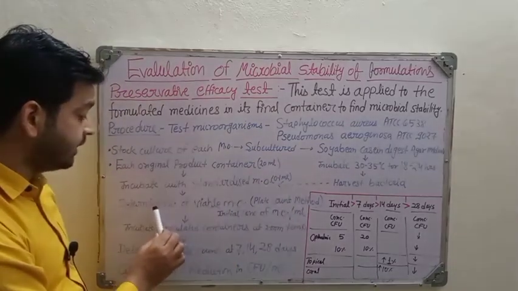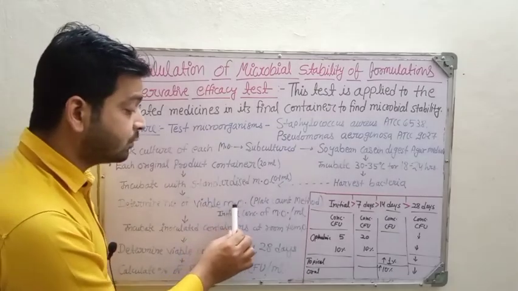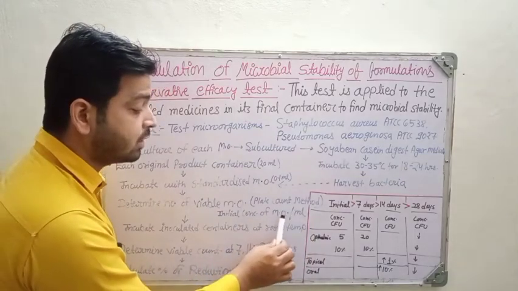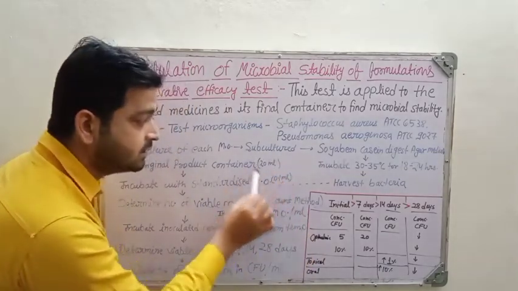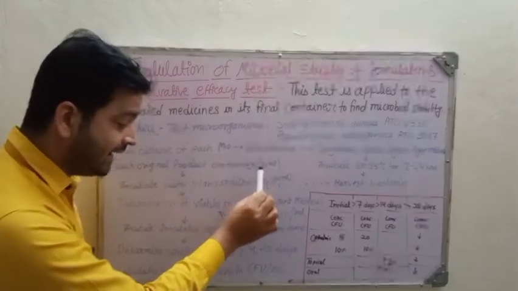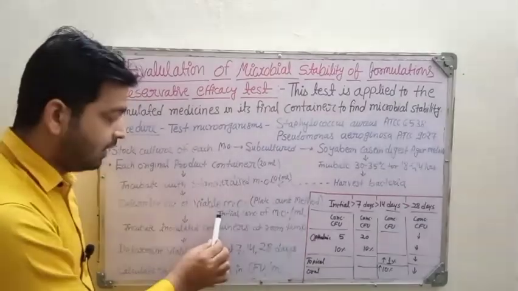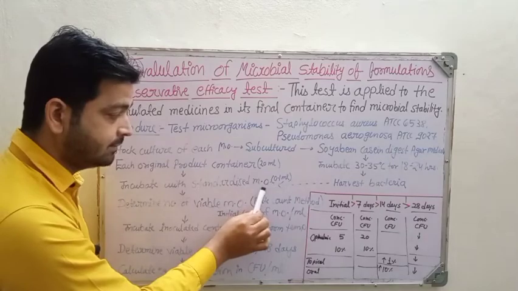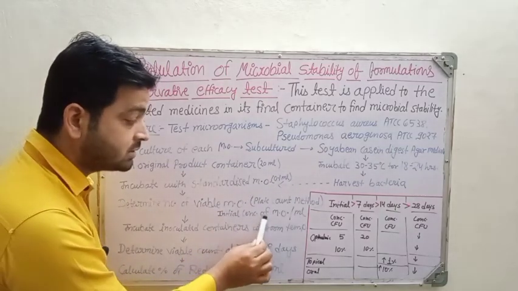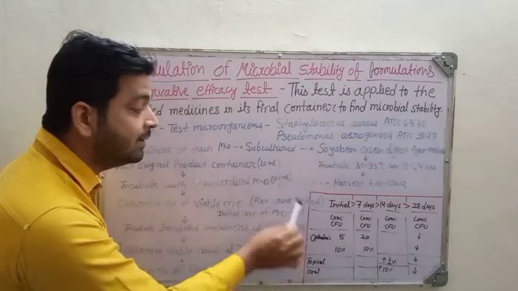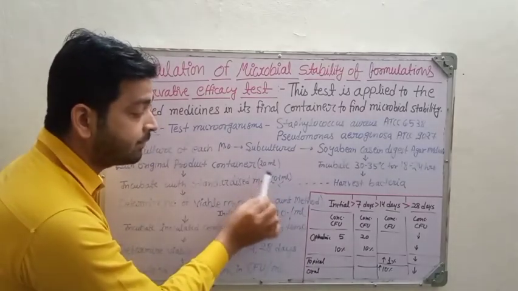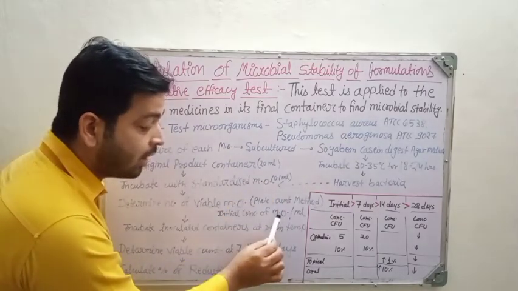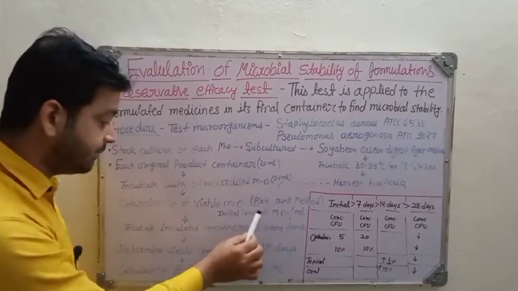Then we have to determine the number of viable microorganisms by the plate count method, right? The initial concentration of microorganism per ml: whatever setup we have prepared here, at the start, as soon as we mix these two, the product and the microorganism, what is the concentration of microorganism in each ml? Suppose it is approximately 21 ml, or 20 plus ml, right? So in each ml, what is the number of microorganisms, that we will determine here.